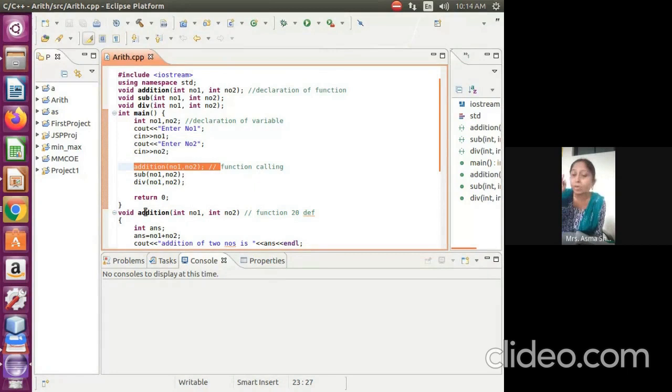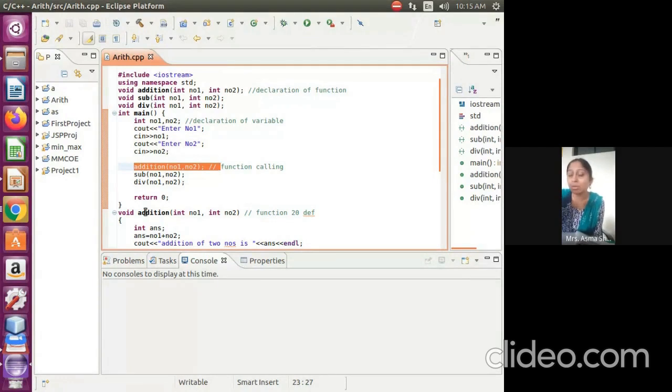Okay, again I am going to tell you, when I call a function at the time of compile, this kind of binding is called static binding. This binding is also known as early binding. So we have two bindings.